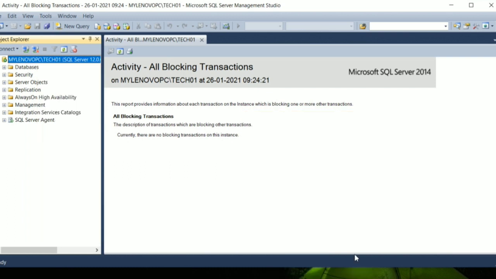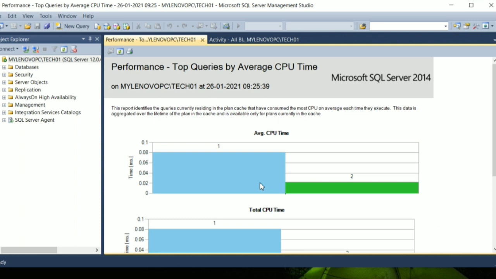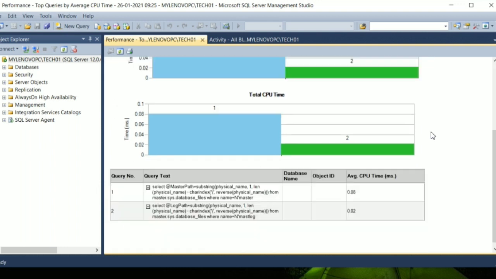What are the queries which are consuming the top CPU on that particular instance? Based on this report you can get the exact overview of the top queries which are causing the high CPU. Based on that it will help to do the exact analysis for the performance improvement.